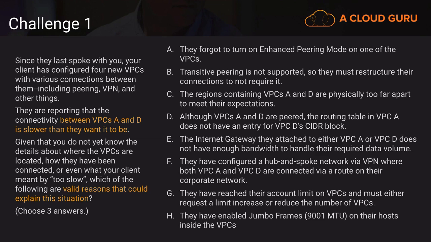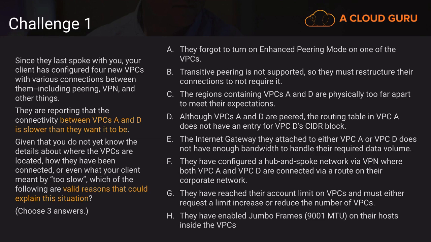So option E is the internet gateway they attached in either VPC A or VPC D does not have enough bandwidth to handle the required data volume. If you recall, internet gateways do not have any real bandwidth limits that we would hit, so that's probably not a reasonable answer. So if we go on to F, they have configured a hub and spoke network via VPN